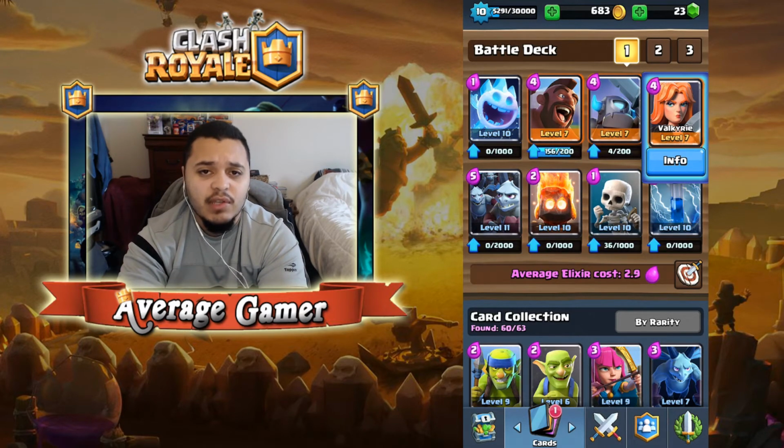I use it for all my ground splash, so if a Skarmy is coming in, or Goblins or Spear Goblins, whatever the case is, Valkyrie is the most perfect counter in the world. So I love Valkyrie for that reason, and that's why it takes my number 3 spot. Number 2 spot, I